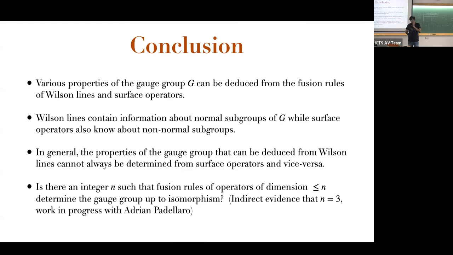I think maybe surfaces and lines together may not be enough, even though I actually don't have an example where both surface operator fusion and line operator fusion are the same. There are some candidates, but they have so many surfaces that it's not possible to do it by hand, so I have to find some program to compare them. The indirect evidence for n equals 3 is you're saying lines, surfaces and hypersurfaces of n equals 3 will do? Yes, so lines, surfaces and membranes might be enough,